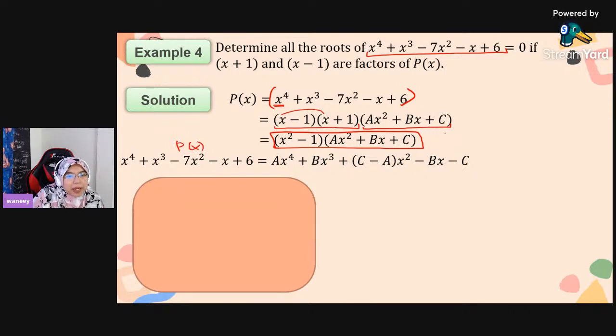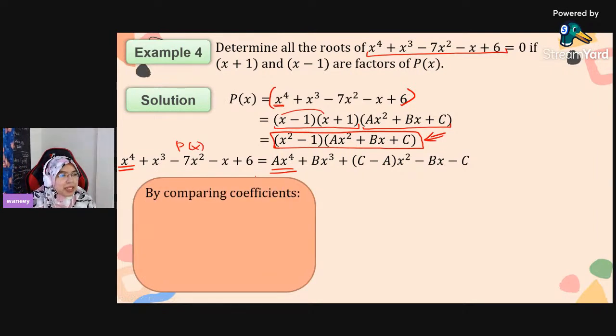So when I expand this one, I will get ax to the power of 4 plus bx cubed plus c minus ax squared minus bx minus c. And then of course we can do the comparison now. So we can compare the coefficients. Okay, so the easiest one, do compare for a single one. So we got x to the power of 4 here, ax to the power of 4. So if I compare the coefficient of x to the power of 4,